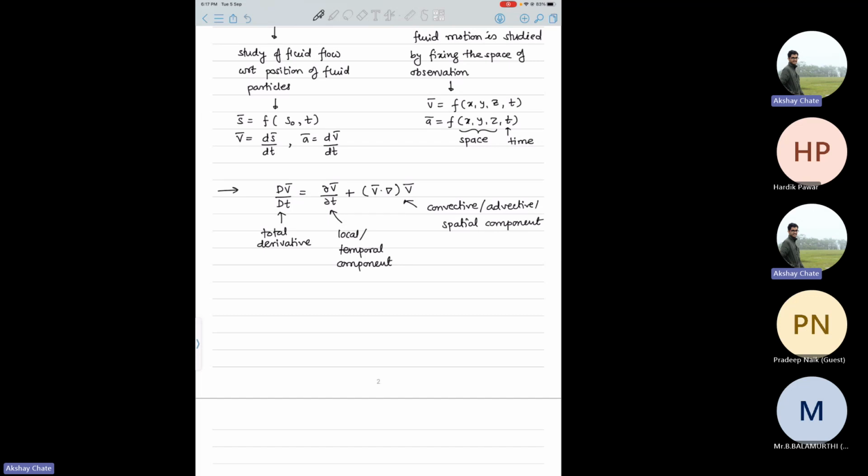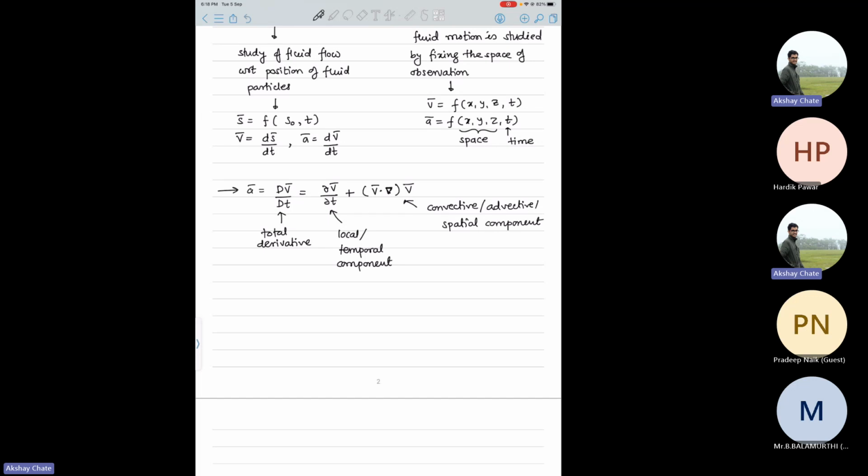And if somebody doesn't know what this inverted triangle means, it's the gradient operator, and there is a dot between the velocity vector and the gradient operator that represents the divergence. I hope you are familiar with these mathematical operators. Then this will basically be your total acceleration,